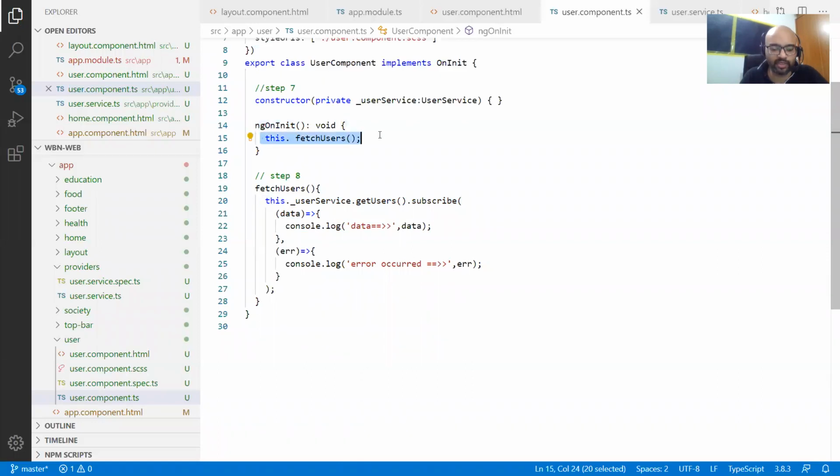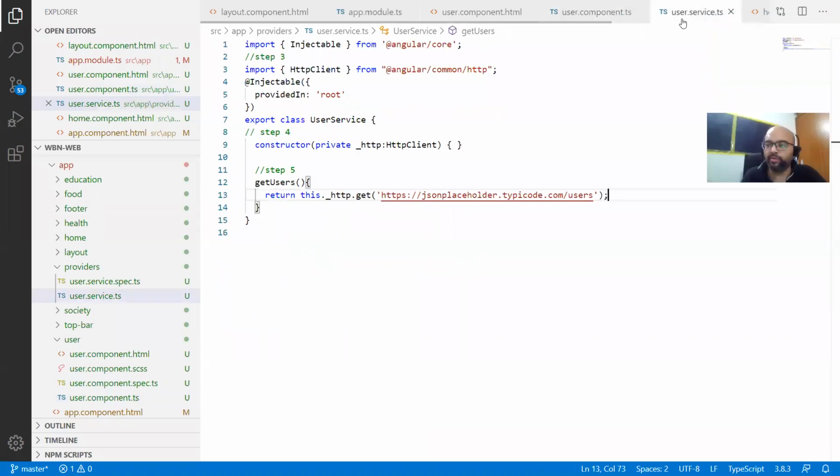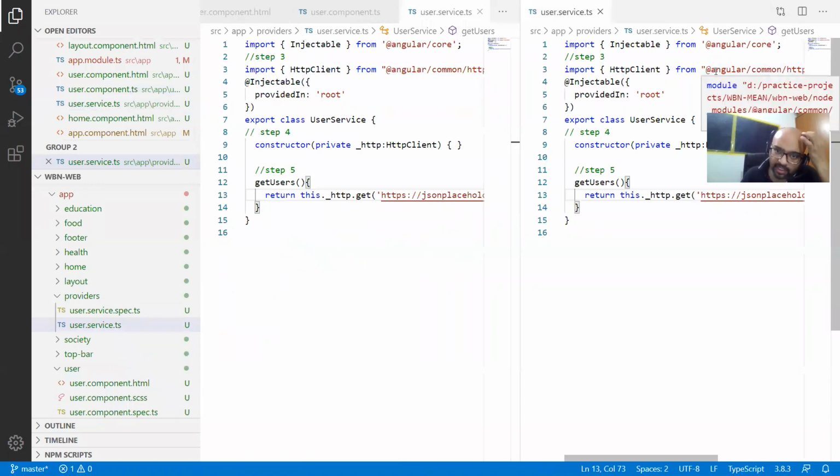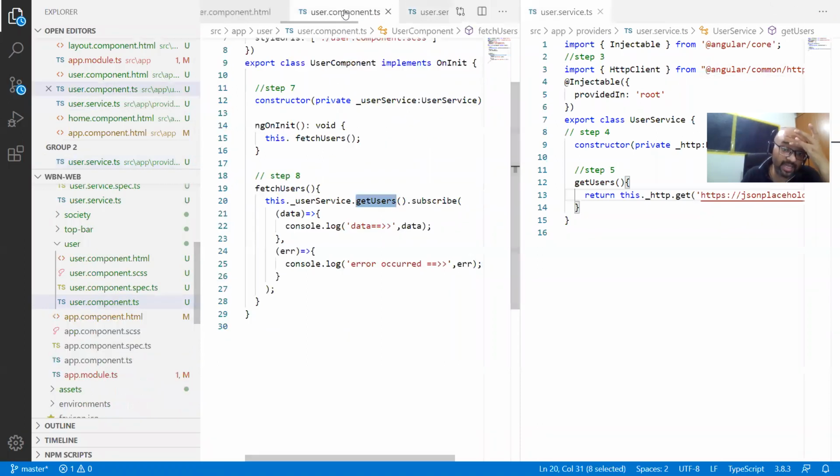I have called my method over here. So now when this user component loads, we made sure that this fetchUser function will be called. This fetchUser function will call the provider function, which is getUser. This one, right? And then this will call the API. So let me show you in a sequence, one minute. I want to draw a sequence diagram here.